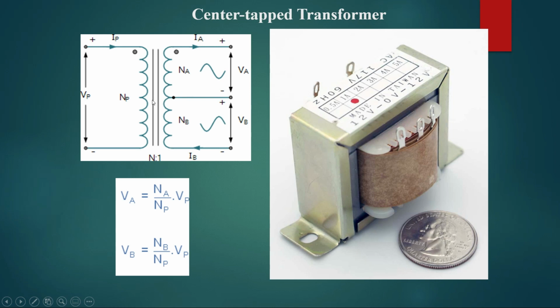So there will be a ratio of the turns, and according to that it will reduce the voltage. There are two types of transformer. One is step up and another one is step down. Step up transformer will increase the input voltage. Suppose if we are giving 230 volt at input, output will be increased according to the number of turns.